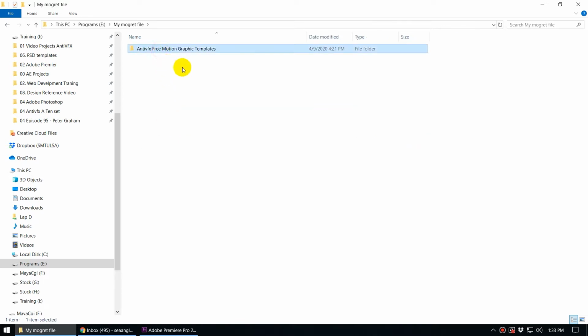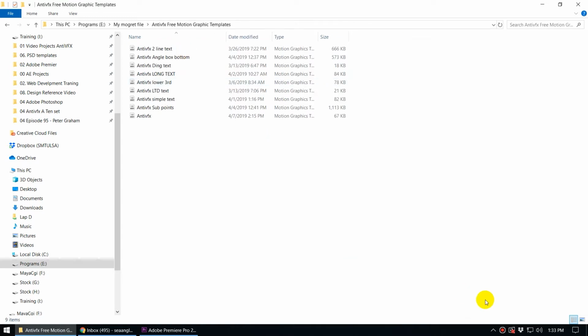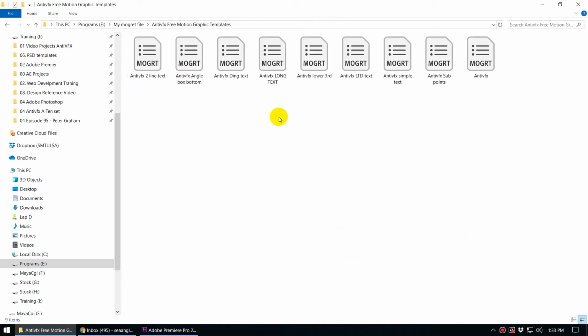You will get a folder called Anti-VFX free motion graphic templates. Inside this template folder, you can find 9 files and you can see this extension Mogrt. This is the extension of motion graphic templates file. So now, if you search on Google, you can find a lot of other cool motion graphic